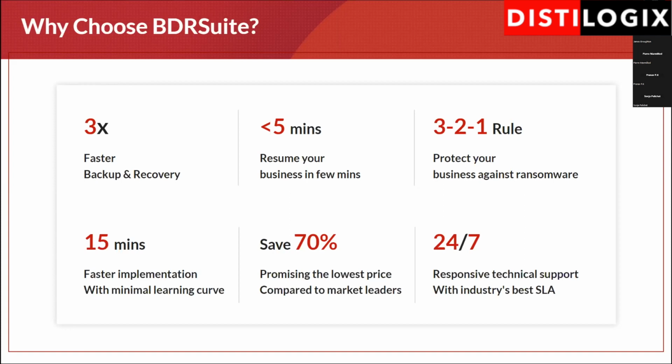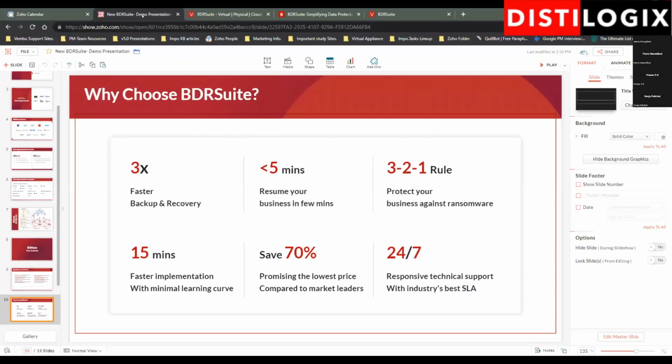And for support, we have the industry's best 24/7 SLA, round the clock, you have a support team. If you have any doubts, you can just reach out to them and they'll help you with the required answers in time. So this is what the BDR Suite has for you. And we also have a 30-day free trial in the market, so you can just download it from our website and start using it. And one more thing that I wanted to present here is,